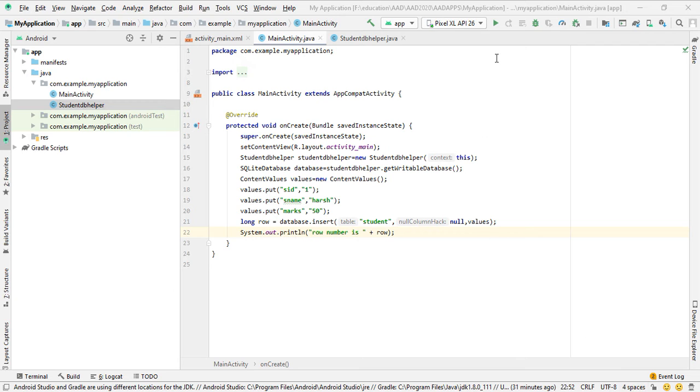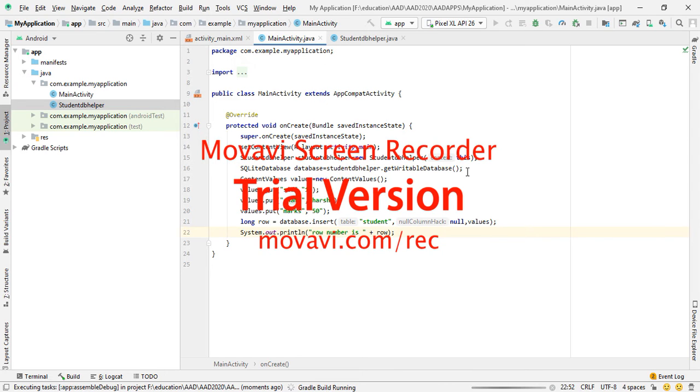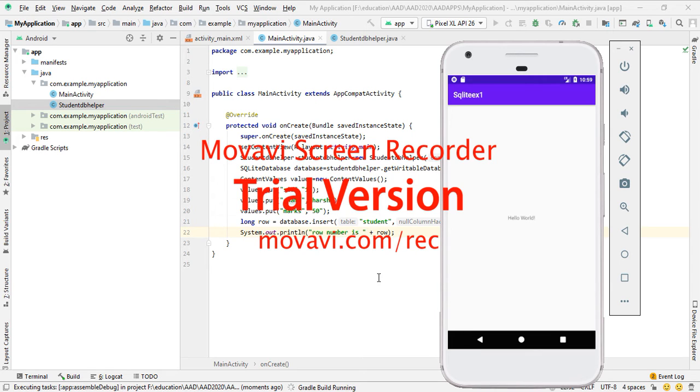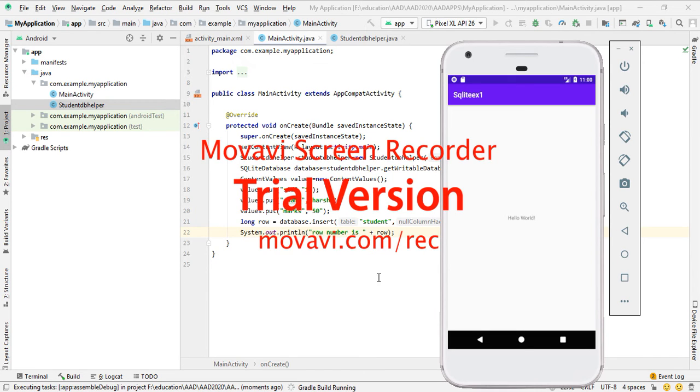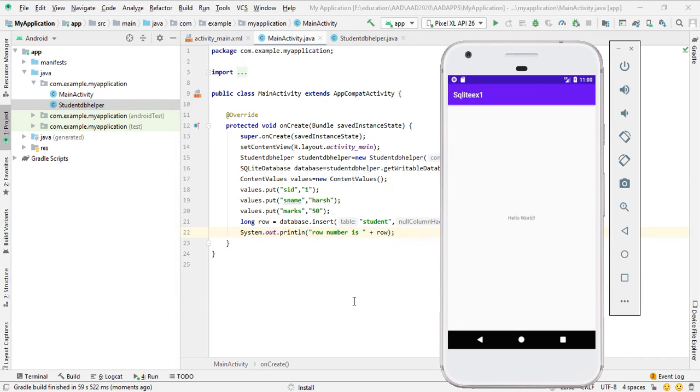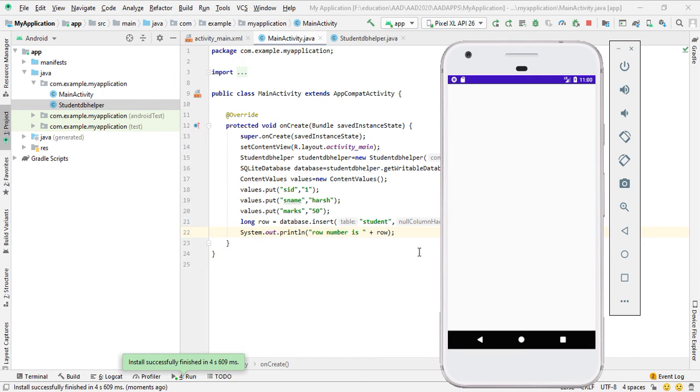Now let's run this. So the app is successfully installed on the emulator.